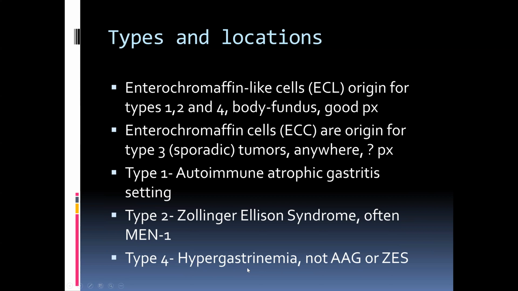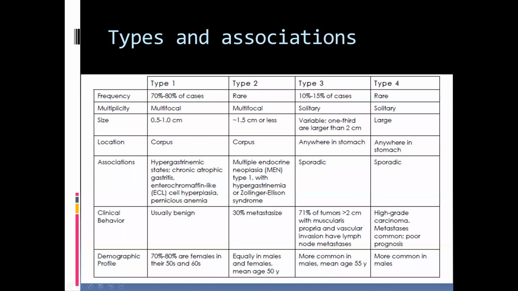And type 4 is due to hypergastrinemia that's not related to autoimmune gastritis or Zollinger-Ellison syndrome. So this is the more sporadic, if you will, hypergastrinemia that is driving that. So looking at these a little bit more graphically here, another way to think of these is that